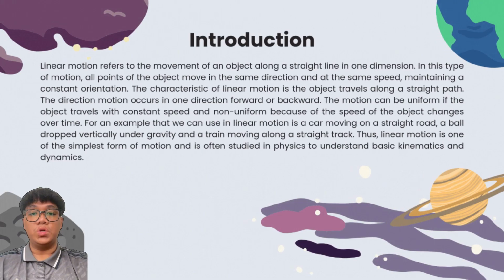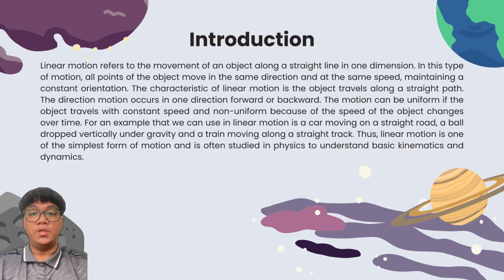Linear motion refers to the movement of an object along a straight line in one dimension. In this type of motion, all points of the object move in the same direction and at the same speed, maintaining a constant orientation. The characteristic of linear motion is that the object travels along a straight path. The motion occurs in one direction, forward or backward. The motion can be uniform if the object travels with constant speed, and non-uniform if the speed of the